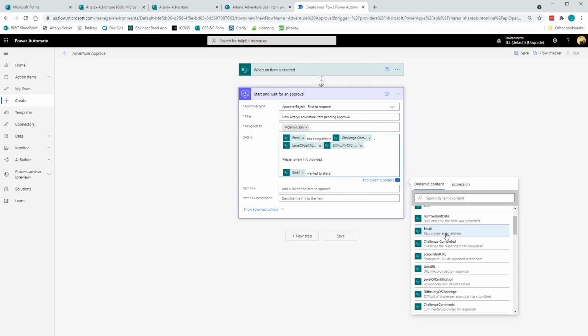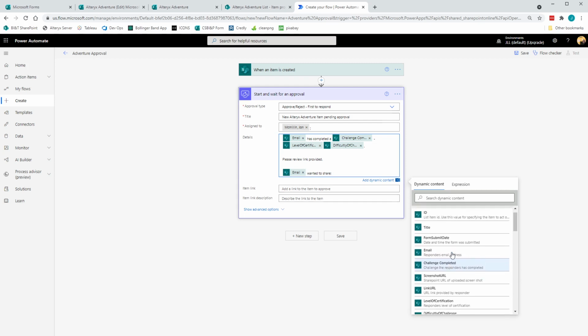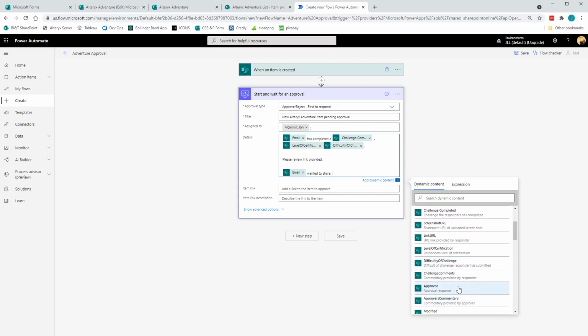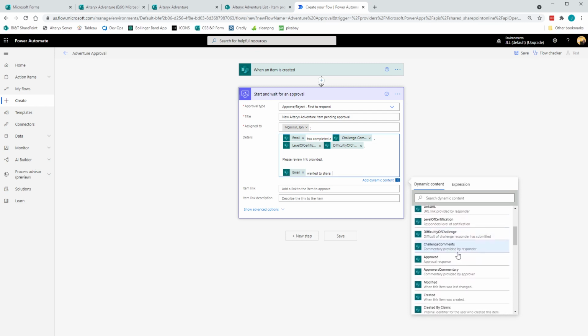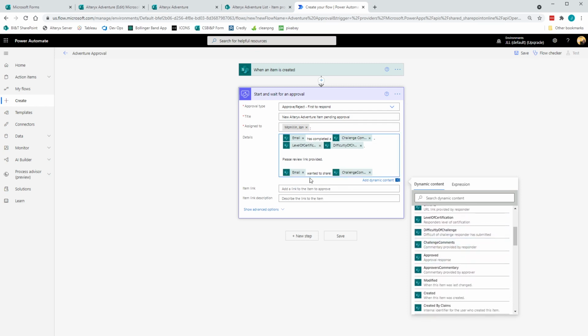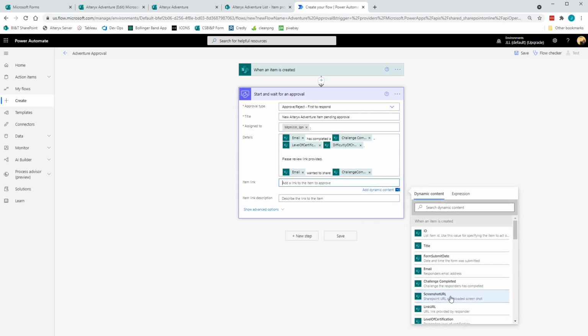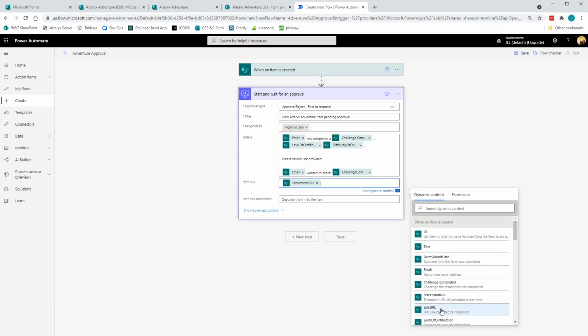And this is just giving some other commentary to the approver that the responder has provided. I'm just going to provide challenge comments. And then in the link item, I want to provide screenshot and link URL. Because only one of those is populated at once, there will only be the one link. But they both need to be in there so that